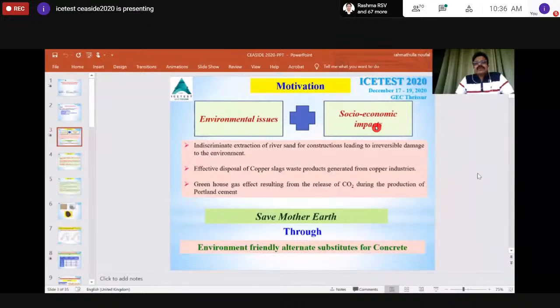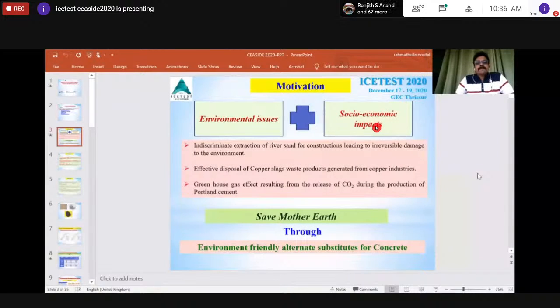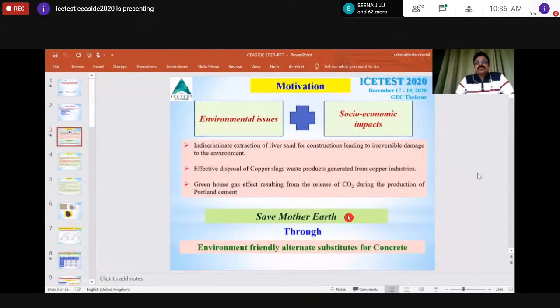A lot of issues are there, global warming, landsliding, flood. Every issue is there because of sand mining, and also M-sand from the quarries has issues. Another issue is the disposal of copper slag, the waste product generated from the copper industries. If you use this waste product in concrete, it will have two advantages. One, it will preserve the natural resources, and the other is we will have a good economical disposal of